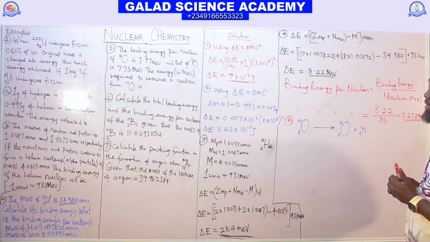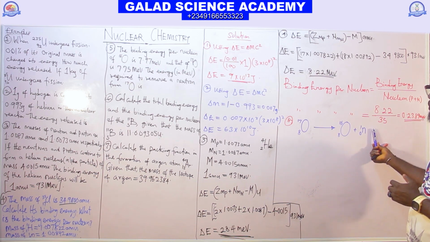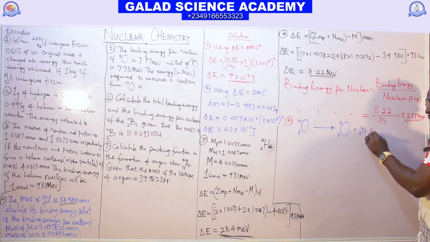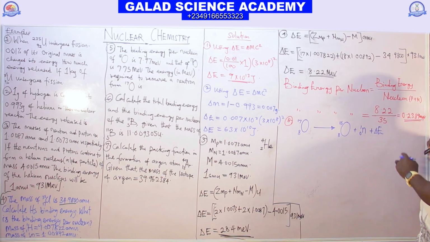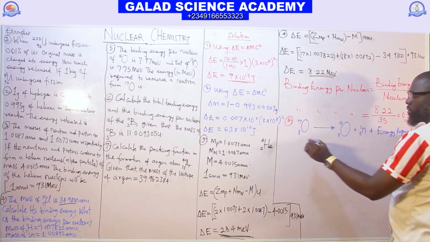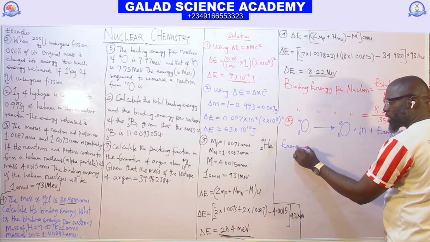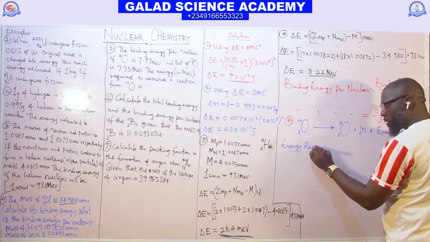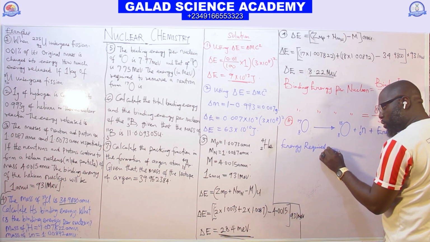So we now add the binding energy per nucleon of this, and the energy required to remove a neutron is this. So the energy required to remove a neutron is E. That's what we are asked to find. Now, the energy required, let me call it E, to be equal to